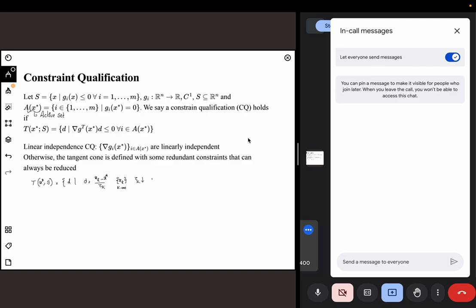And all these points xk should belong to the interior of the domain. This will form the tangent cone. But the problem that we discussed last week is that this set S cannot always be described in terms of points. So if this set is described in terms of inequality constraints like this particular constraint, then we assume that each